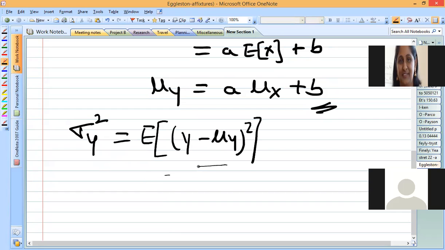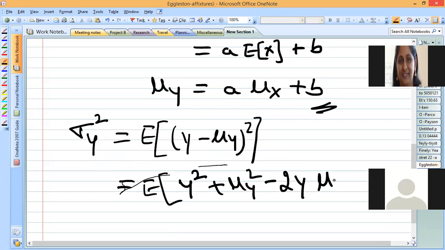Suppose you are asked to calculate this. Here you can see that we have a minus b whole square formula, so you can expand and simplify this. This will result in y square plus mu y square minus 2y mu y. And applying the linear property, expectation of y square, you can rewrite that,